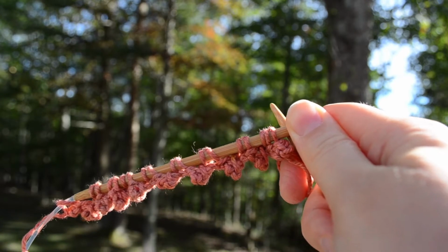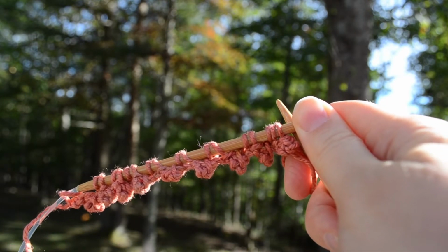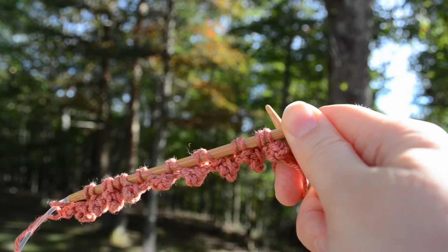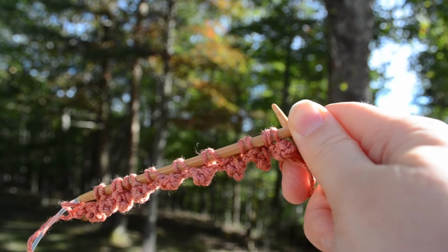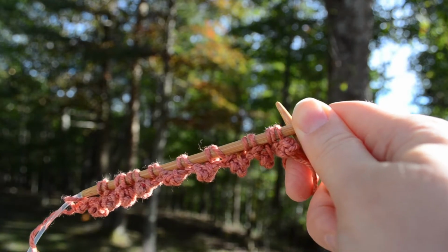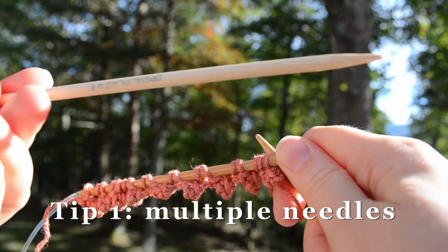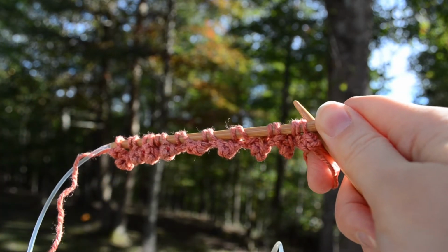I've got a couple of tips and tricks to share with you for this pattern. One of the questions that kept coming up in test knitting was how to tell the difference between the picot stitches, which are cast on first and incorporated into the shawl, and the live stitches. So you can keep your picot stitches on a separate needle and then use another needle for knitting your shawl. But the option that we all like best